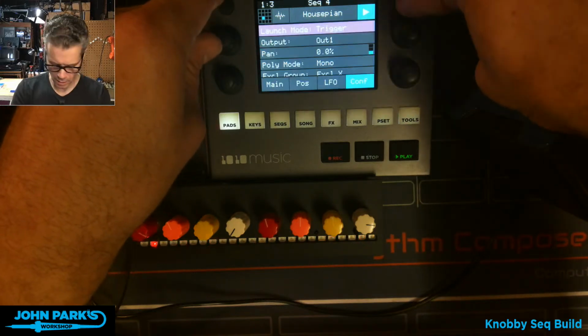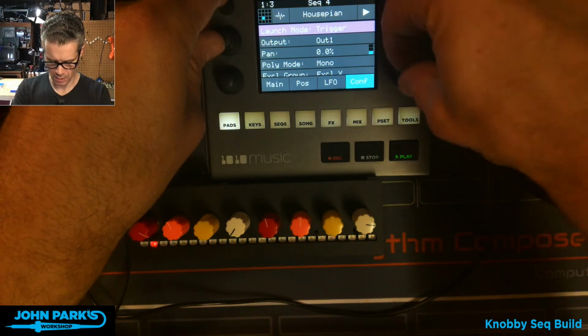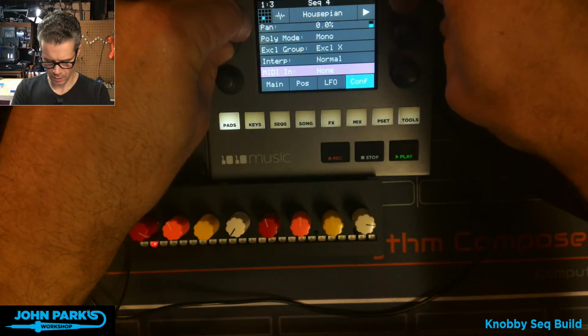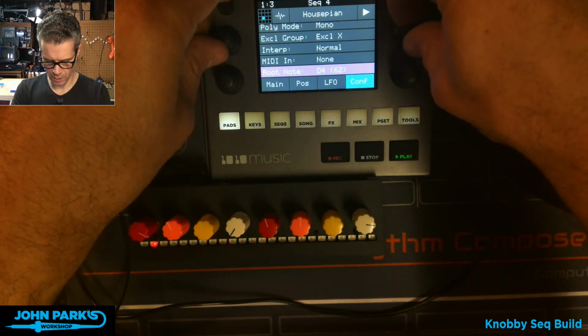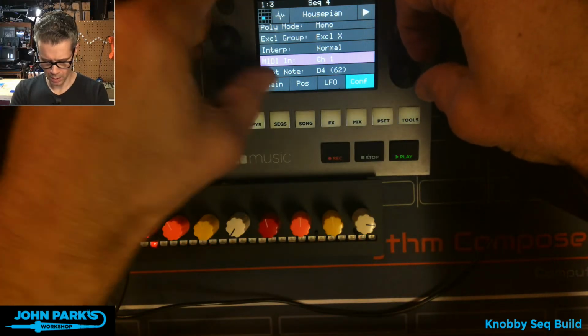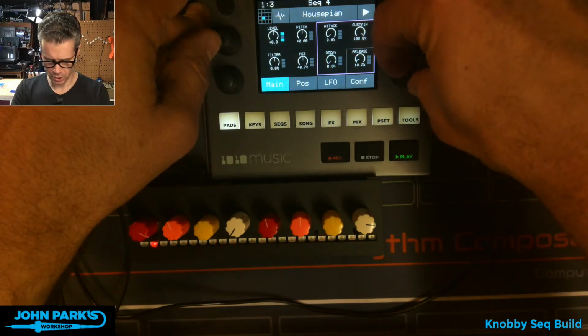Okay, and then we'll do a gate on this. So we can use a little bit of an envelope. We will turn MIDI in, whoops, to channel 1 and do a quickish release.